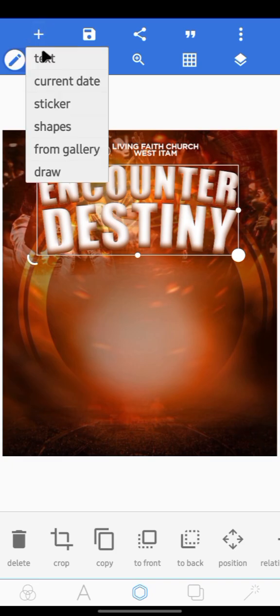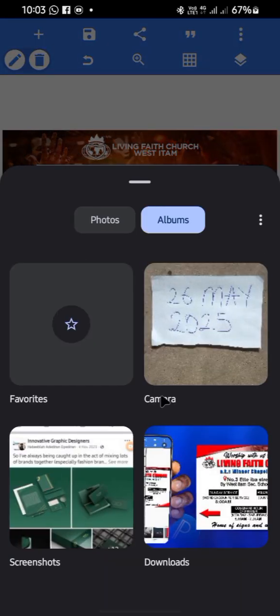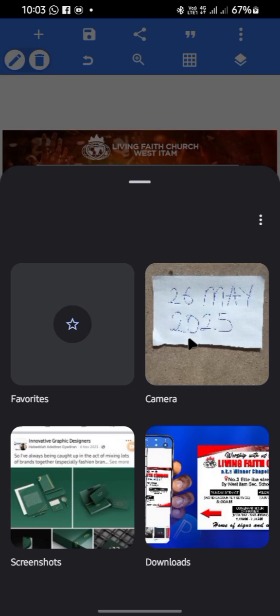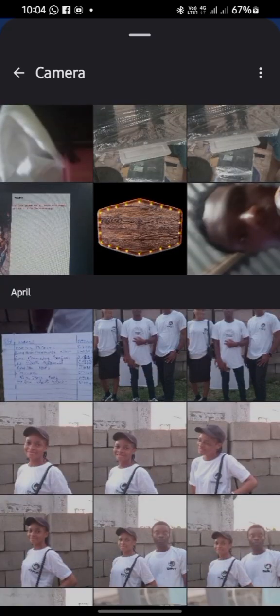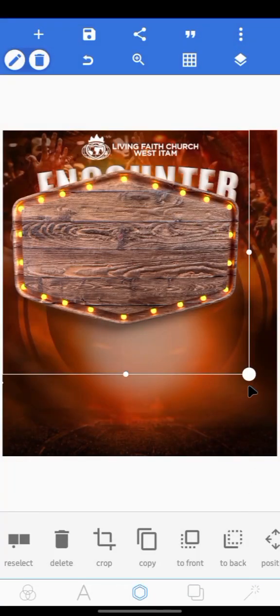You see it. All right, plus sign, and then from gallery, I'm not too fast. If I'm too fast, I'm going to go slow. So looking for something, okay, this one. This is what we are going to be using. So tick here and then